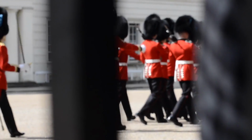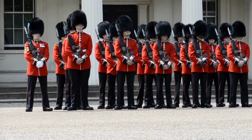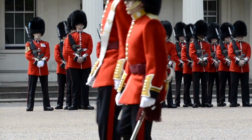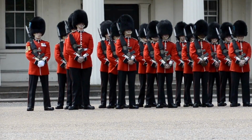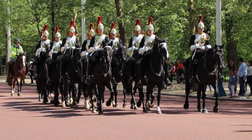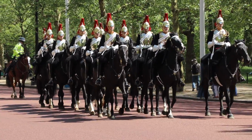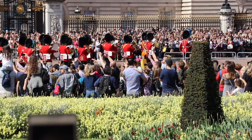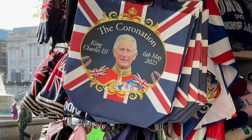If you're at Wellington Barracks around 10 a.m., you can see the new guard form there and follow as they march to Buckingham Palace just before 11 a.m. Sometimes the public guard change is canceled. Always double-check their website. If you miss the changing of the guard and aren't in London for a royal event,